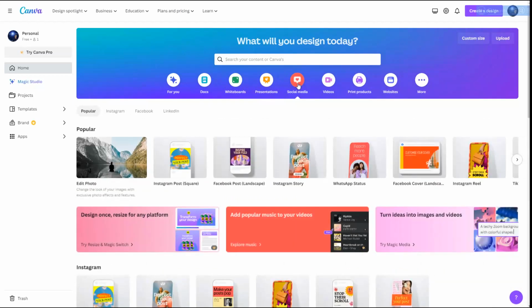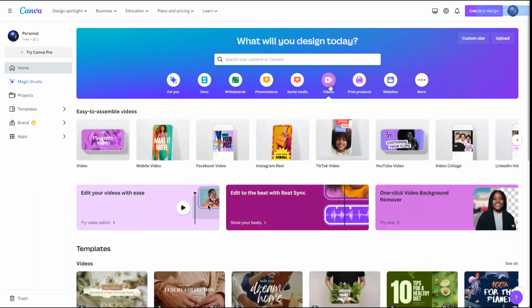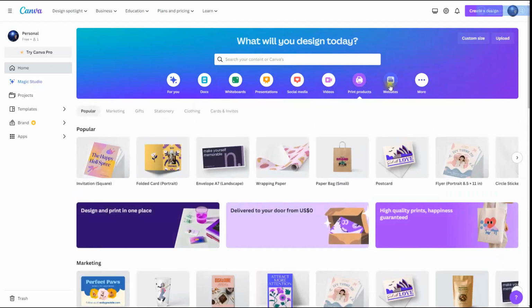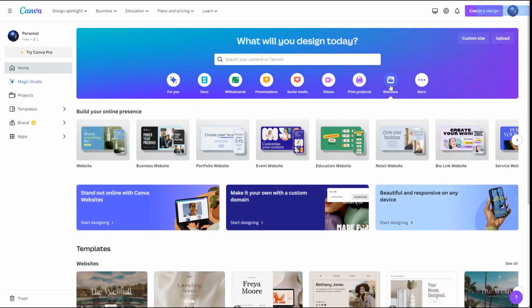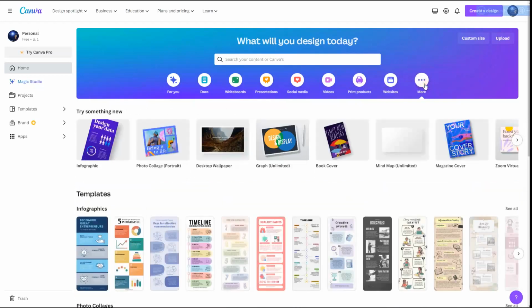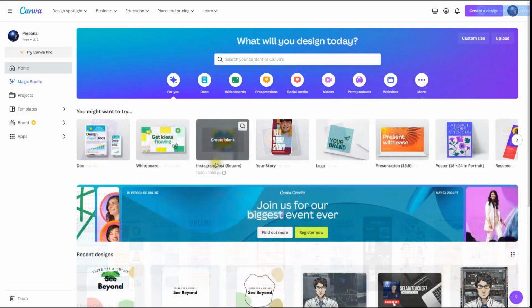I'll be showcasing the free version today, so everything that you see here is available for free without having to pay any type of a subscription or any type of other fees. You may notice by the categories that Canva is more than just graphics, but also includes tools to create documents, posters, and other types of content, including resumes. So let's jump in and show you the 3 main tips that I use with Canva.